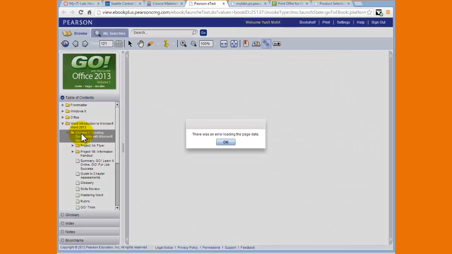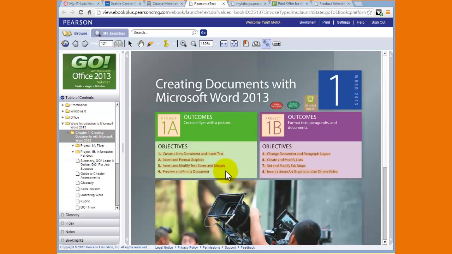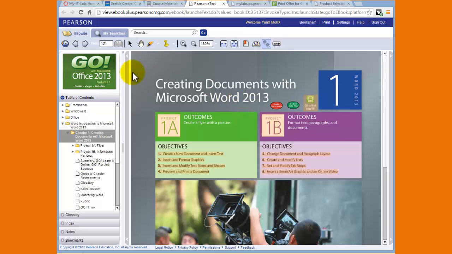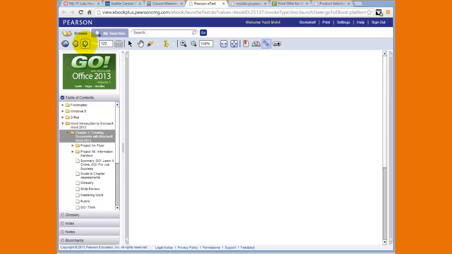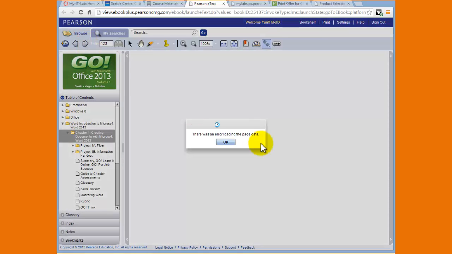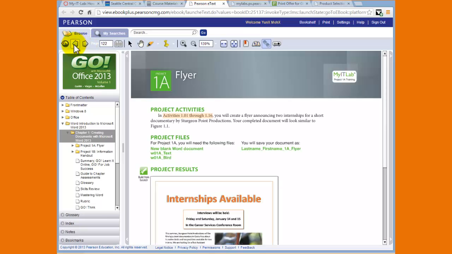Or you could just click on the chapter. Okay, let's do it one more time. Here's chapter 1, the first page of Word chapter 1, which is the first chapter that we'll be working on. Then you can navigate page by page using these arrows, and you can read it. Let me go back. This is the first page of chapter 1, and let me briefly explain to you